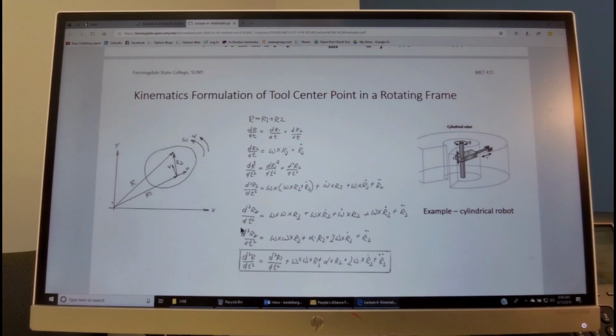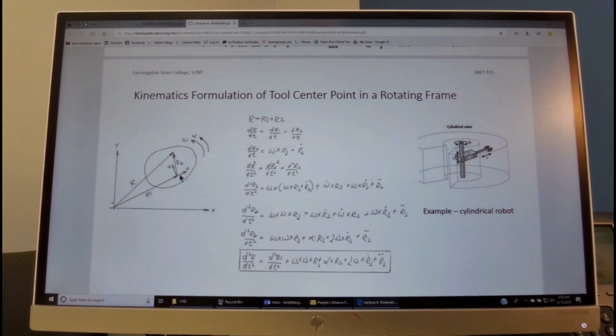And then we combine, we get the final expression, which is very important, which says the following: that the absolute acceleration of this point on a robot with respect to this point, that may be a link of a robot, that may be a joint, that may be another joint. So the absolute acceleration of this joint with respect to this joint equals the absolute acceleration of this joint, right in here, plus the omega cross